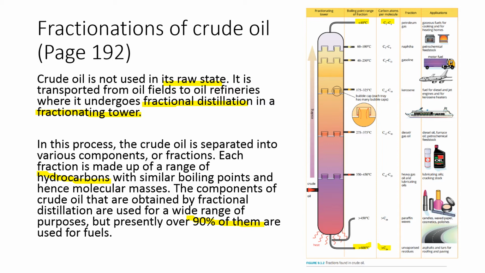Let's say if the chain is a very short chain, it will be used for gas fuels, for cooking and for heating homes. Those that are of very long chain are unvaporized residues. They are used as asphalt and tars for roofing and paving. So that road tar is made of